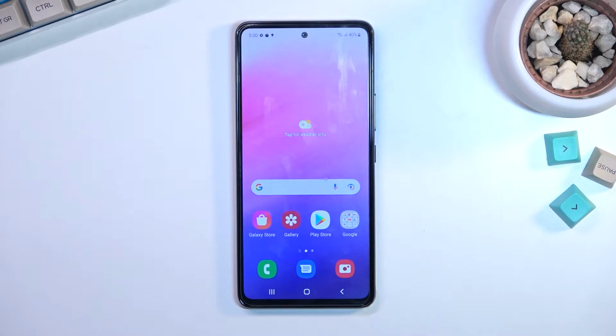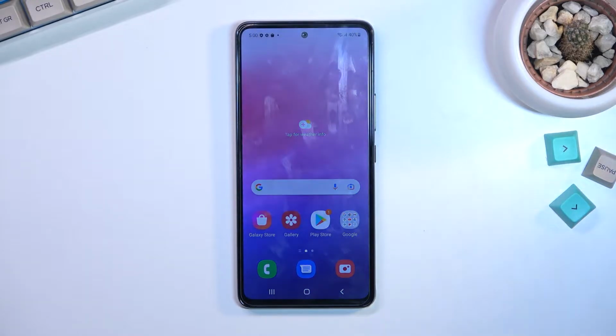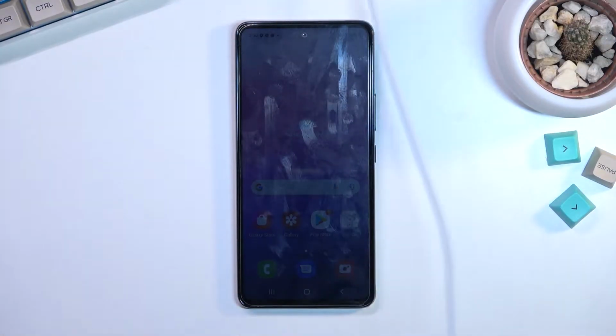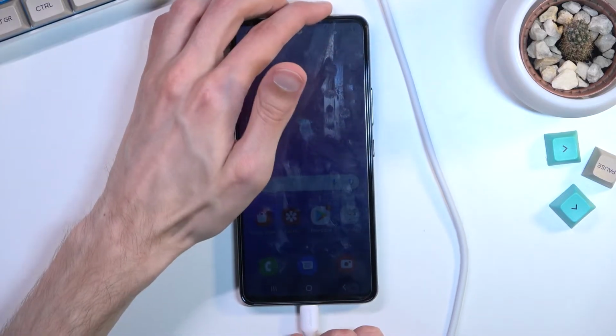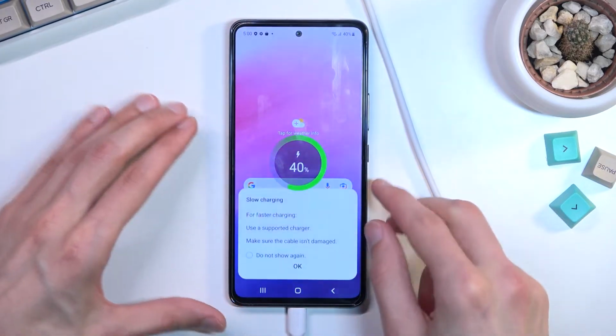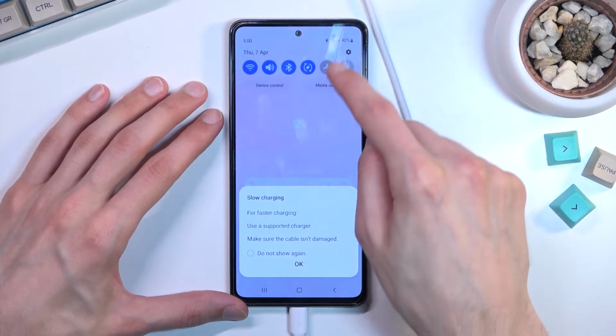Welcome. In front of me is a Samsung Galaxy A53, and today I will show you how you can boot this device into recovery mode. Now for this you will need a computer and a cable, so I'm gonna right away connect it. There we go. And once it's connected to your computer, you will want to turn it off, so let's pull